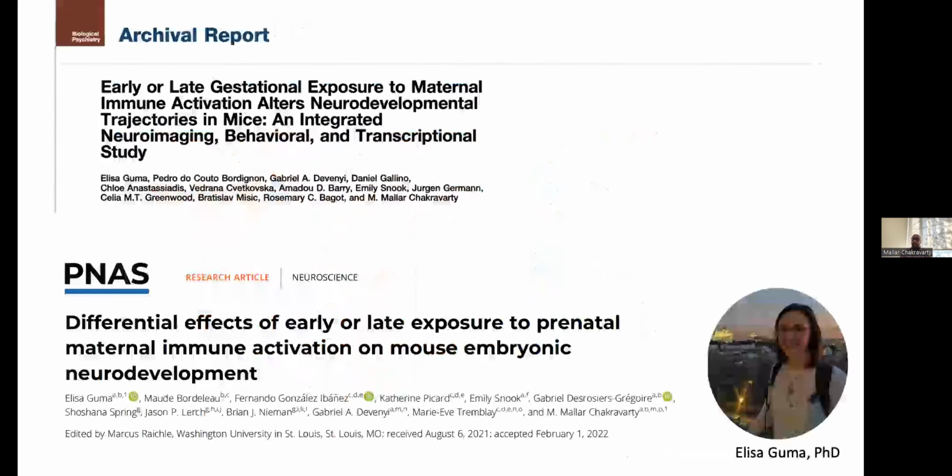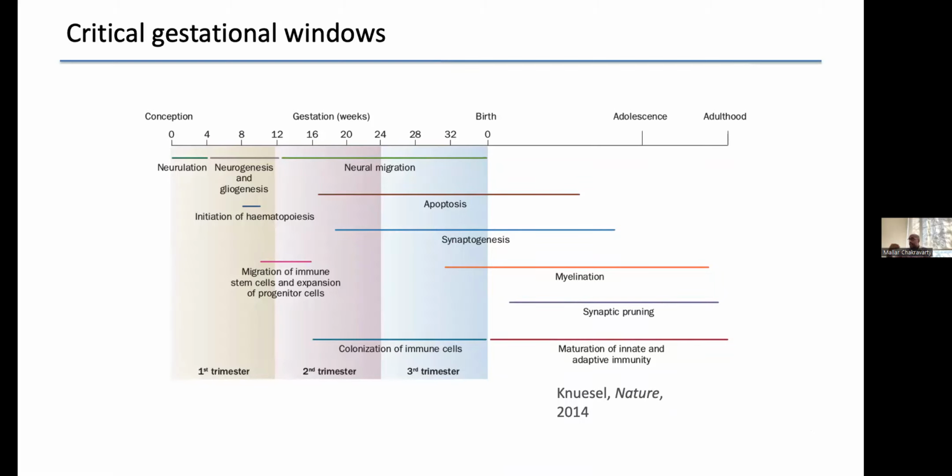And so this was work that was carried out by Elisa Guma, who's about to start a position at Harvard, actually, in the next little while, related to the immune state and the neuropsychiatric disorders. So very much in keeping with the work that she did in her PhD. And I've highlighted a couple of the papers here that she published, but there's a series of 4 of these from her PhD that are really worth looking at if this is something that you're interested in. And so in this case, what we could do is start asking the question, can we systematically tease out what the impact of tampering with the immune state of the mother might be?